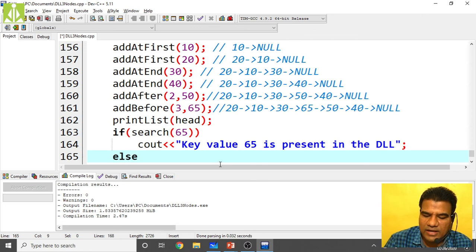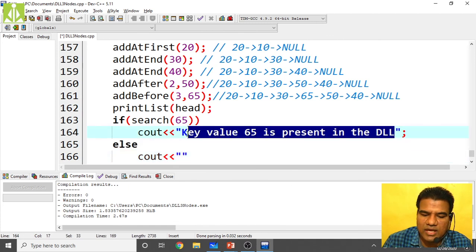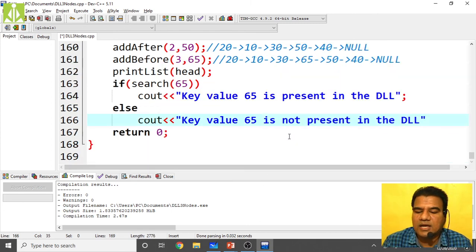Else, we can write: key value 65 is not present in the DLL.